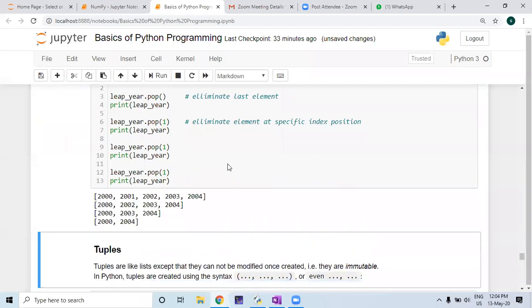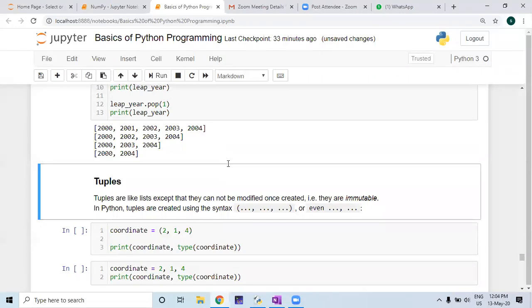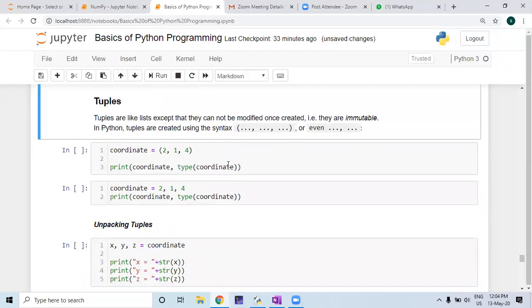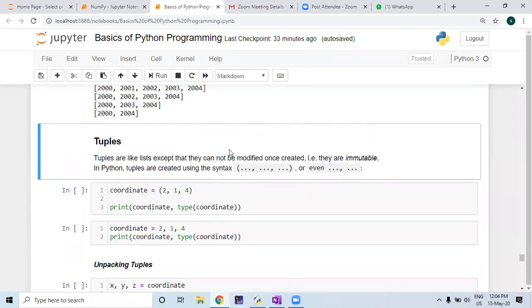We will be going out of connections for a couple of minutes, and there are 2 important things coming on the way, that is tuples and dictionaries. I think I have given a solid background about lists. If you understand lists, then tuples will be very simple. The fundamental difference between list and tuple is that a tuple is also a kind of list, but you cannot modify or change it. That is why it is called